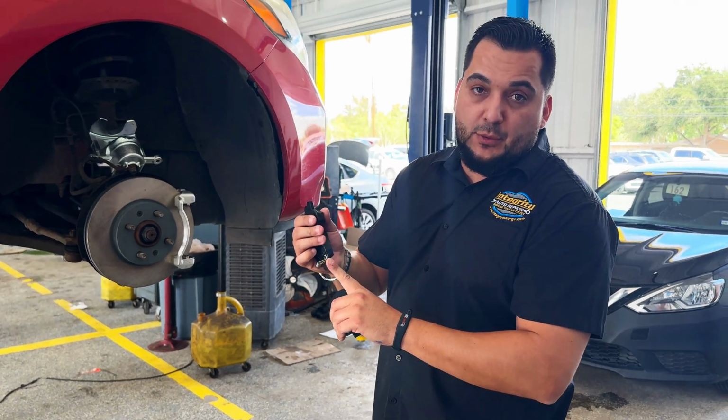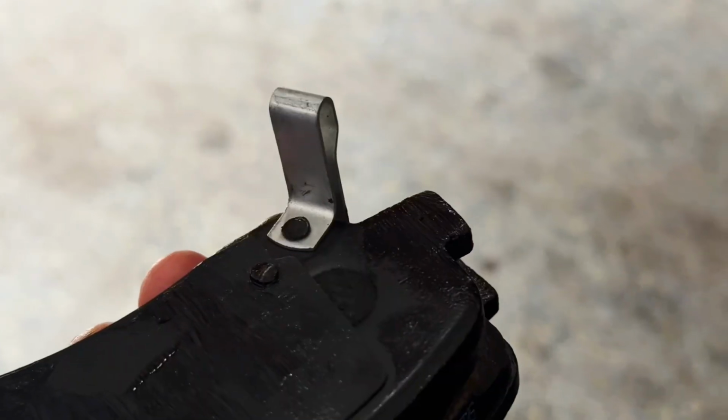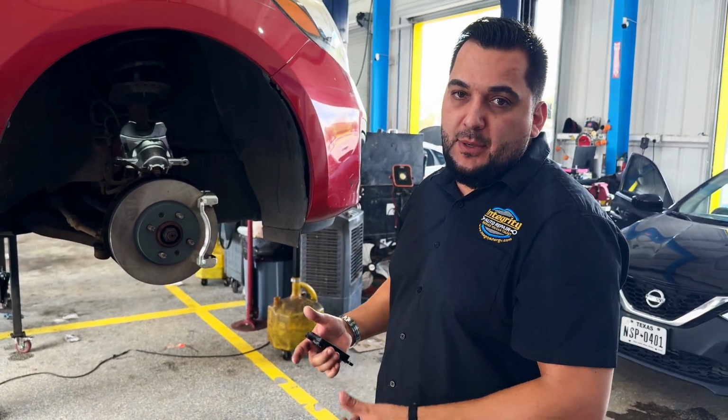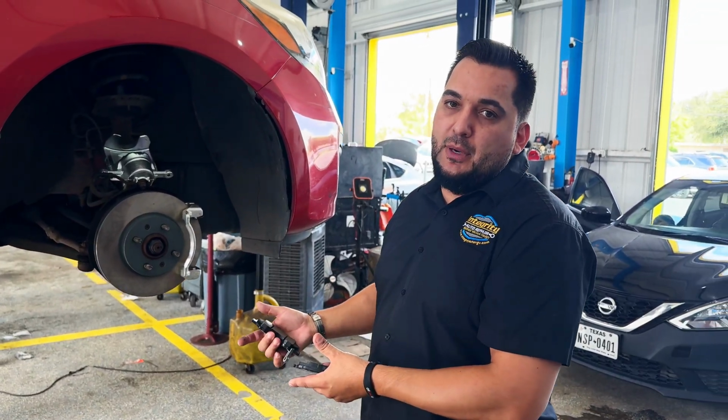This little metal piece you see right here is your indicator. When the brake pads get low enough, this will start rubbing on the rotor and it'll start squealing to give you an idea to pay attention to your brakes, so that way you can get them replaced before they're completely